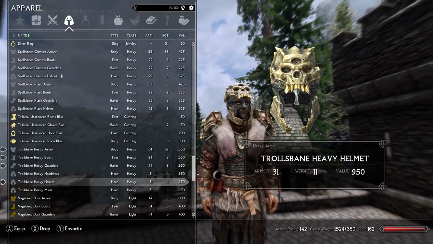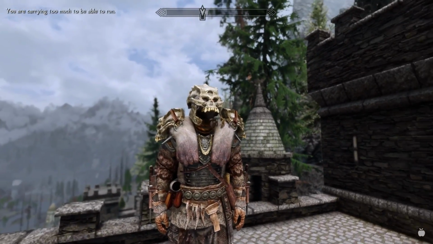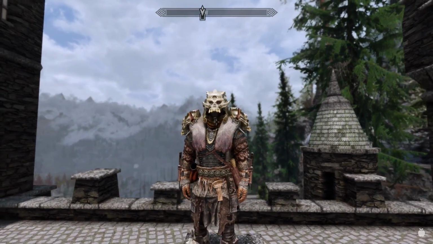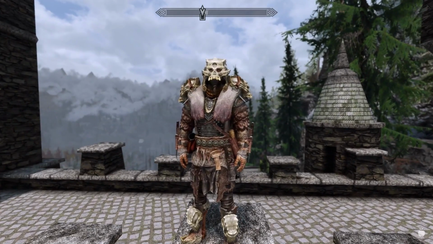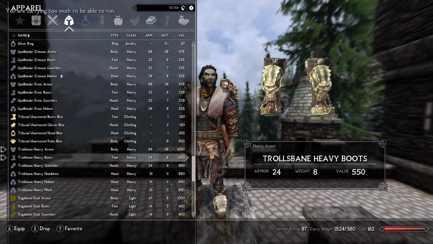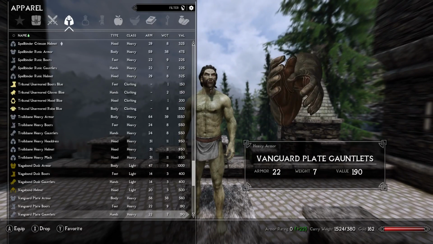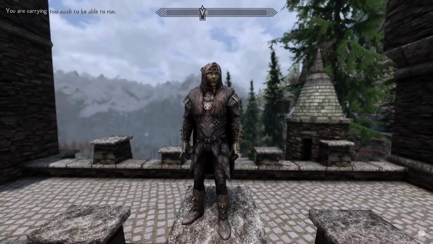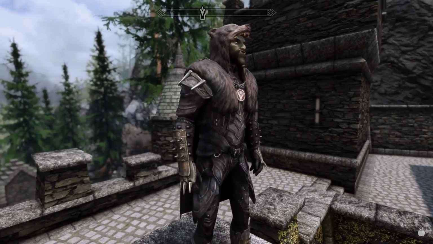I like it. What's this next one? The Troll's Bane. Oh, heavy mask. Also very creepy. Okay, now we're getting into necromancer territory, at least for the mask part. Definitely for the troll mask if you want to whip out the red carpet for someone you want to heavily creep out. We have the Vagabond Dusk armor set, which again is...